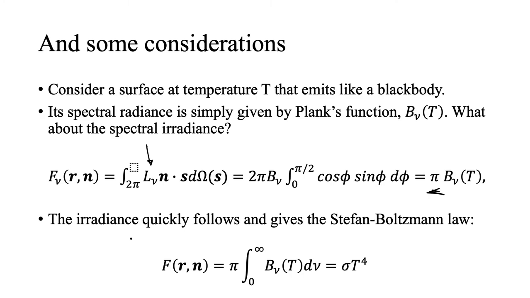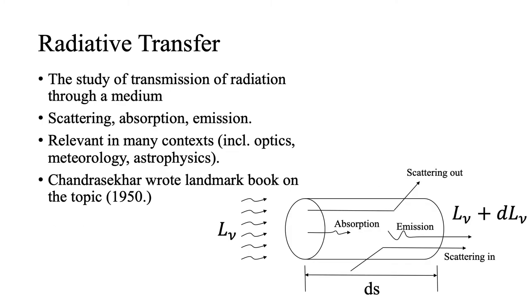Well, the irradiance would be this stuff integrated over all the frequencies. Now, B nu, Planck's function, depends on the frequencies, and you can solve the integral, and you actually find our good friend, the Stefan-Boltzmann law. The Stefan-Boltzmann law told you that the power per unit area was proportional to the fourth power of temperature, and if you actually integrate that, this is exactly what you obtain. Okay, so these were a little bit of preliminary considerations that we needed to get into today's topic,